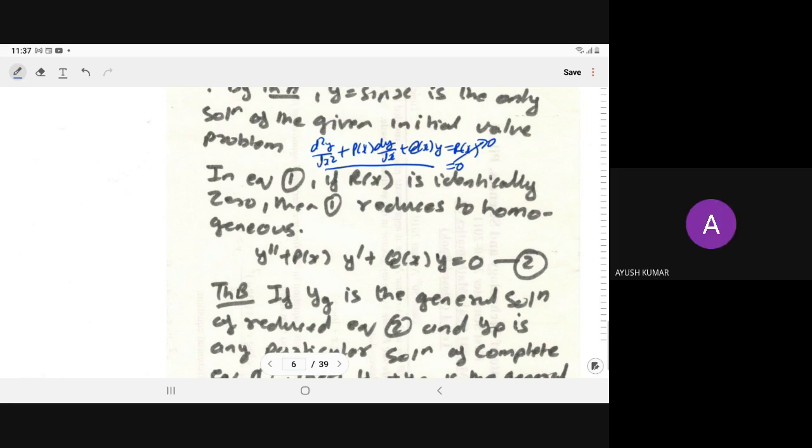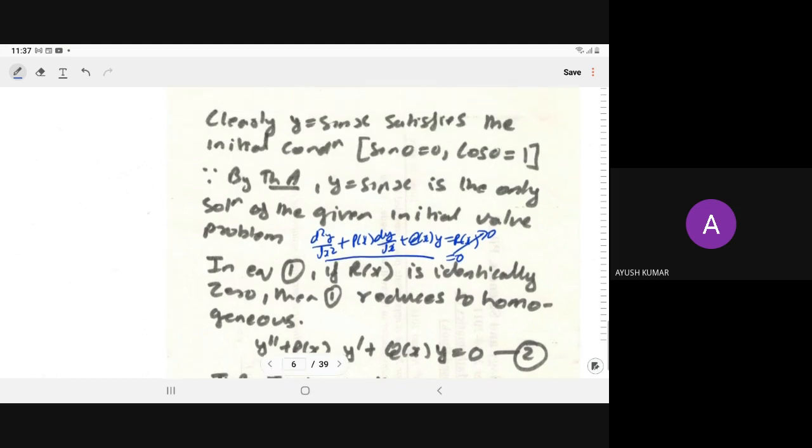And the original equation is known as the non-homogeneous equation. Sir, in the above question, is it necessary to take x equal to 0? Can't we take the initial condition x equal to pi by 2? If the interval is given to you, any value you take, pi by 2, then also we have the unique solution. Yes, sir, but the interval is not given in the question. If the interval is the closed interval 0 to pi by 2, then we have two solutions.